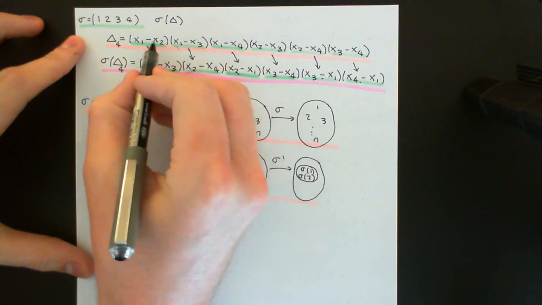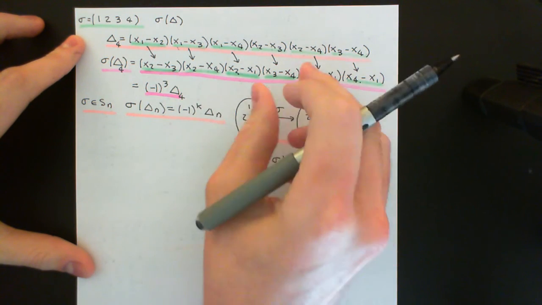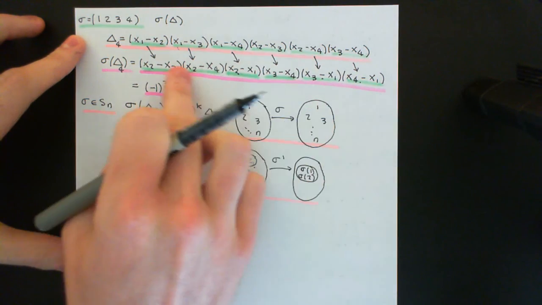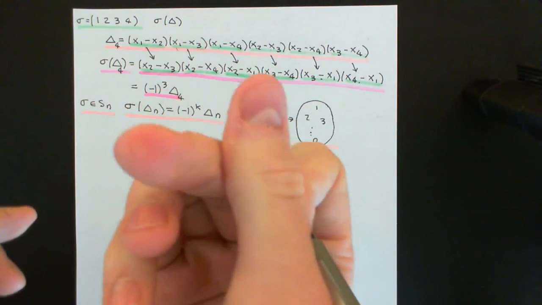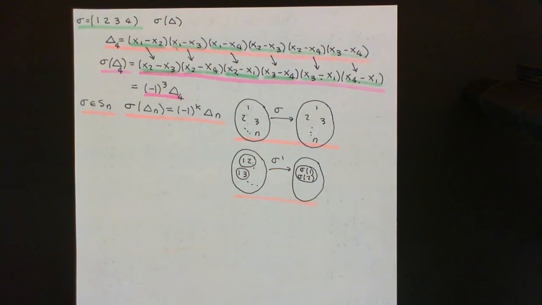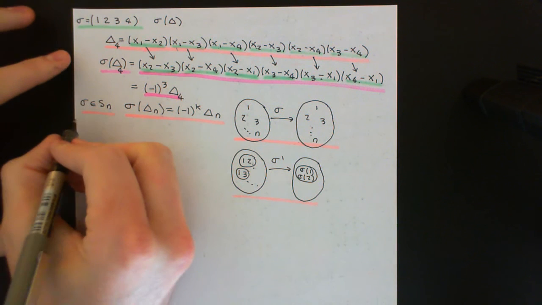You will end up with every single term of the polynomial coming back, even though you might have flipped them around. Okay, and here is slightly different from here because we do care about order here. We then are saying, okay, let's flip the term back round and pull out the negative one. Okay, so I hope you now understand that mapping, and I hope you understand why any element of the symmetric group on the set of n elements will act on this polynomial delta n to give negative 1 to some power times delta n. Okay, right, so now I'm ready to define how we're going to define the sign of